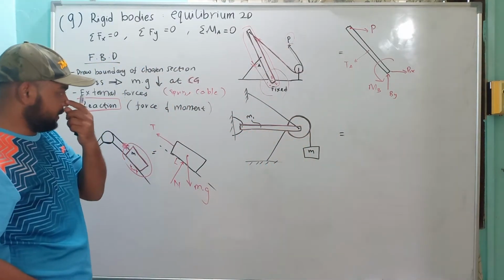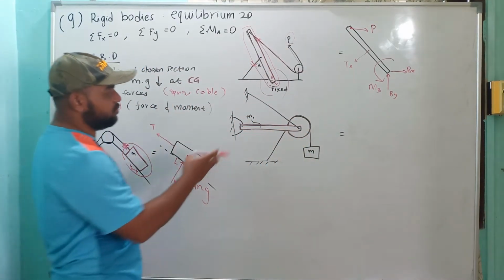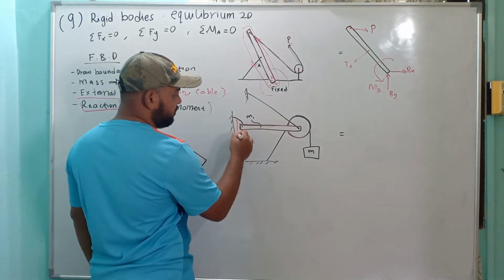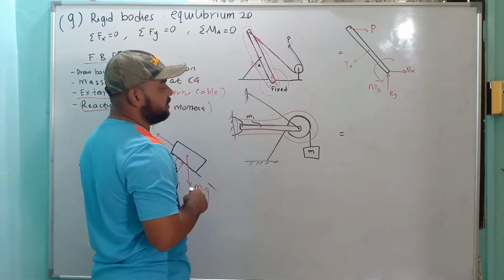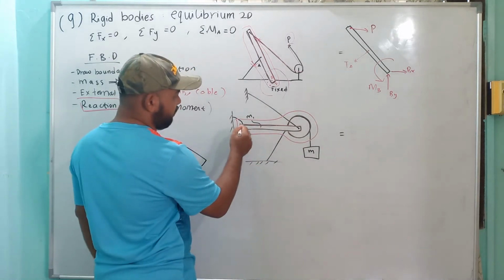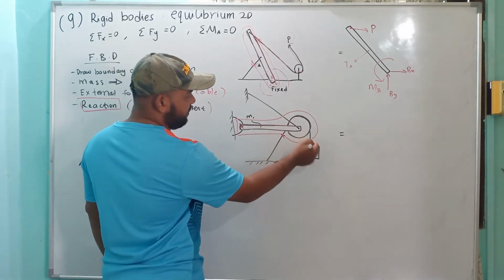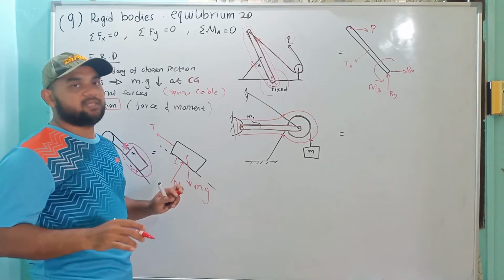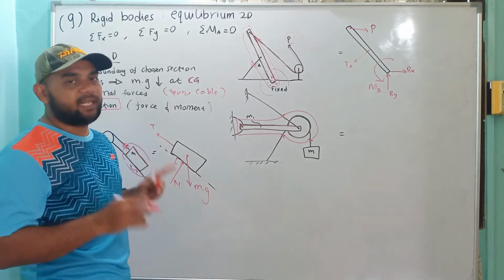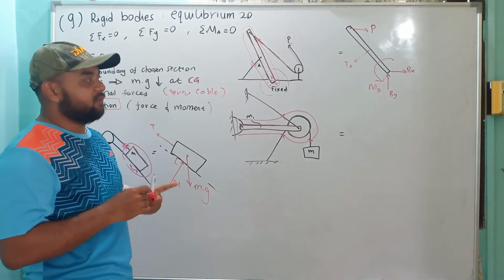Okay, so let's see the other one. We have this one. We want to draw the free body diagram for this one. So you make a chosen section, the boundary of the chosen section. Then you will see that we have one cable here, the other cable, and the other is here. It is clear for you if you draw that chosen section. The boundary will make the forces involved clear for you.